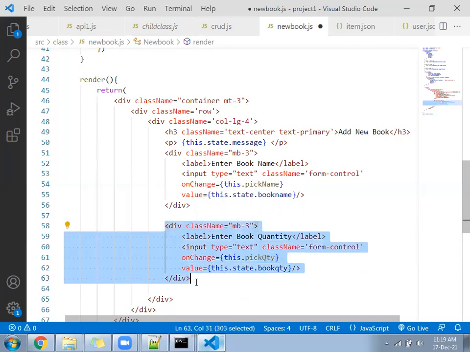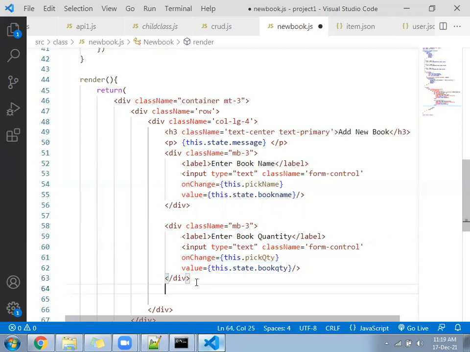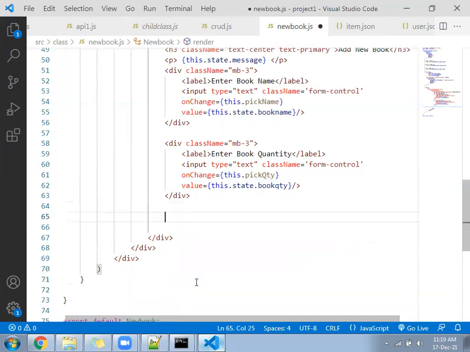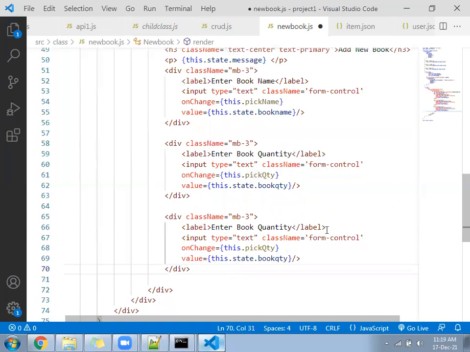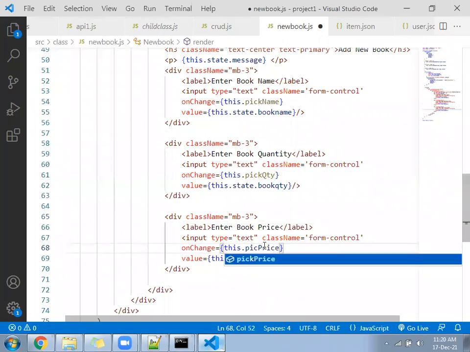Next you will write book price, pickPrice, this.state.bookPrice.